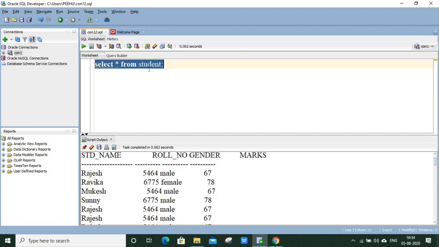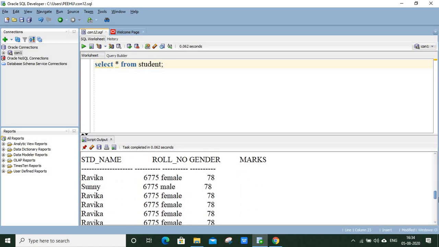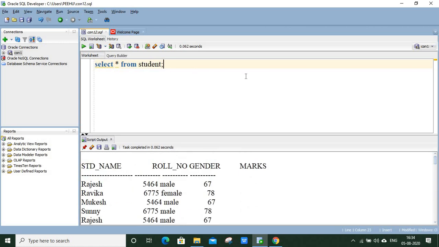Sometimes we have to apply more than one condition, like where marks are equal to this or greater than or equal to this, and roll number is greater than or equal to this, or the name is equal to this or like this. Then we can apply compound conditions as well, and for that you need to use the AND operator available in SQL. So for that we have to apply more than one condition. So let us see how we can apply that condition in SQL.